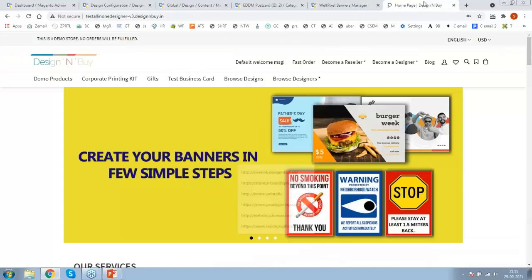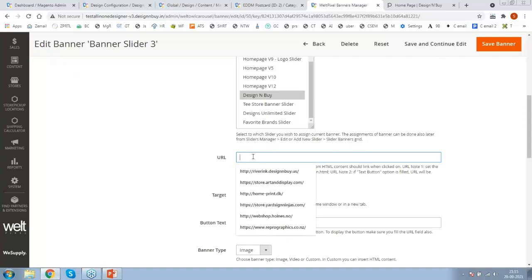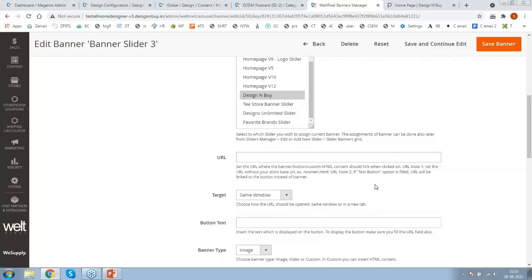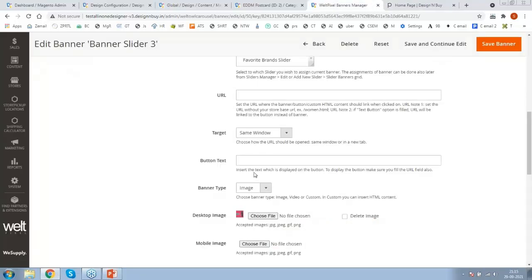And finally, if I'm clicking on the banner, do you want to route this to a specific category, specific page, specific CMS page? Put that specific URL over here. Now when I'm clicking, if I'm routing somewhere, the target window should open in the same window or a new window tab. That we can define over here. Also, let's say I want to show one button over here, browse more products, or click here to buy, or anything. So that button would be displayed over here. So button I can define, and button text I can put here. Let's say browse more.